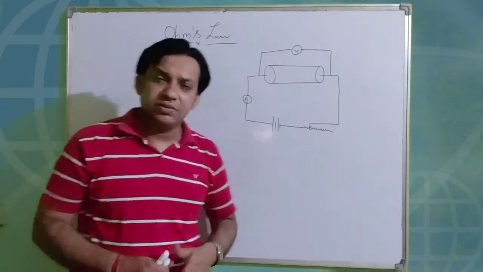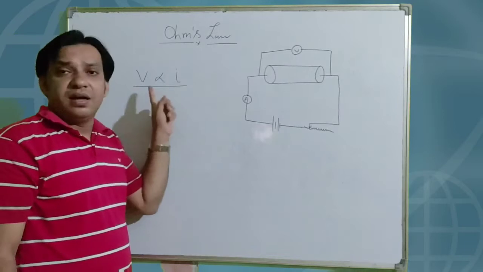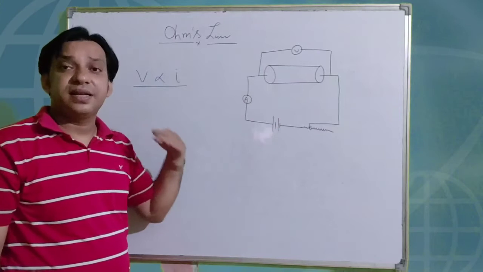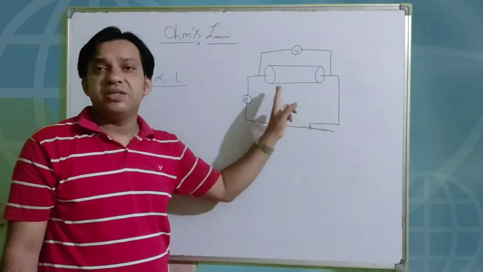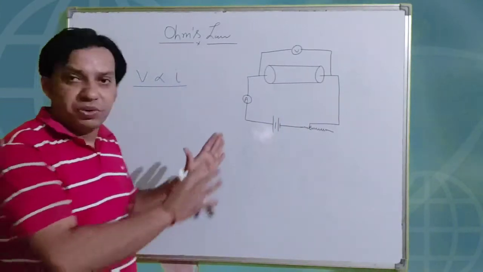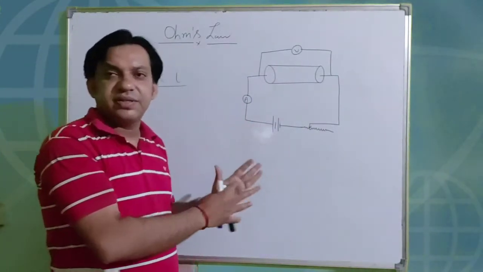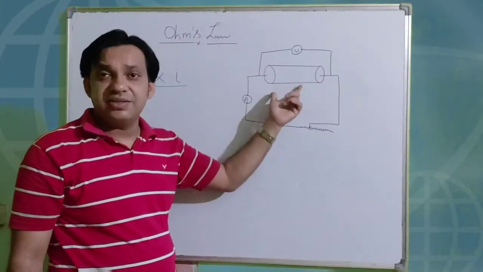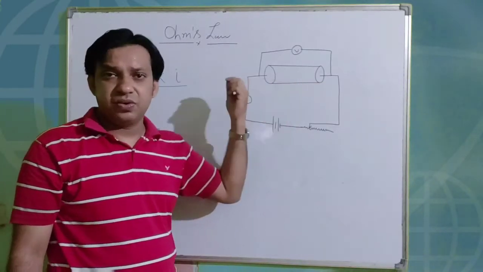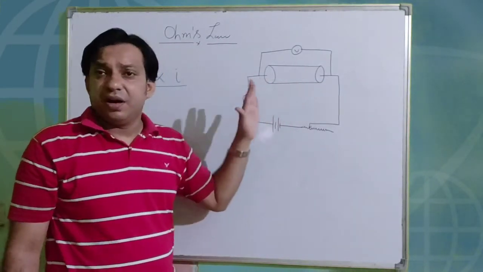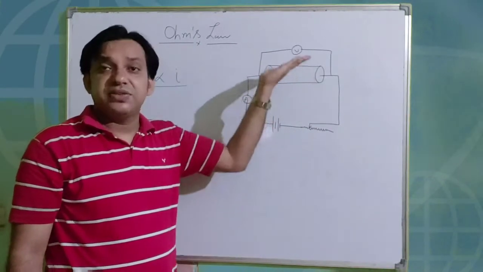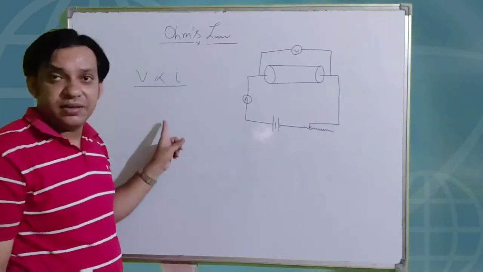So what is the conclusion? The conclusion is that the current flowing through the conductor is directly related to the potential difference across the conductor. And one thing is very important: during this measurement, there is no physical change of this conductor. That means we are not changing the parameters of the conductor. There is no elongation of the length, and the conductor temperature is not changing. In that case, it is valid.